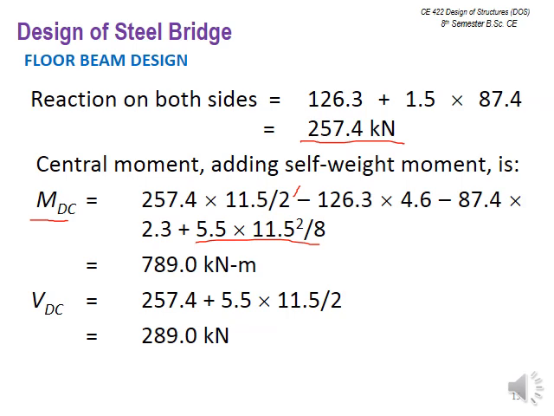Central moment will be the maximum moment for the bending moment diagram. You are familiar with that. So this is a concentrated load acting downward, and UDL. So simply the central moment will be your final maximum moment. Then comes VDC. Similarly, the shear force diagram you can plot, and you can find out the maximum at the reaction part. So it will be like this. So this you can calculate by yourself also.